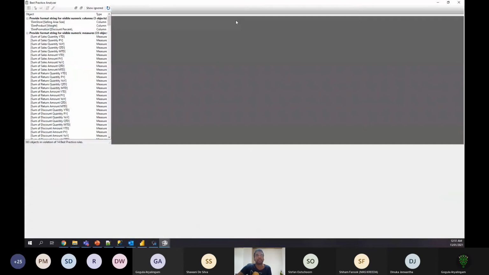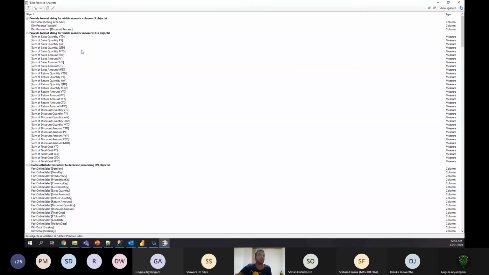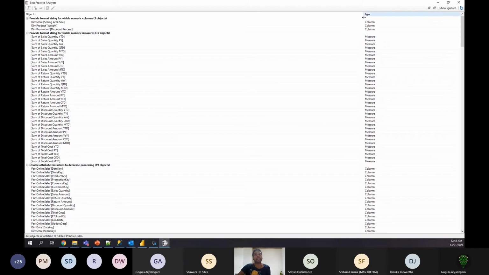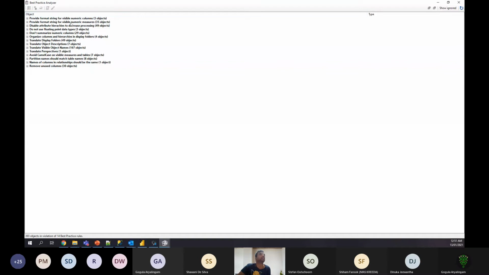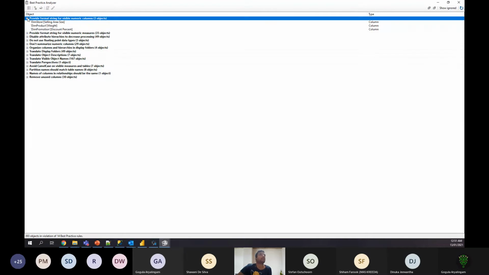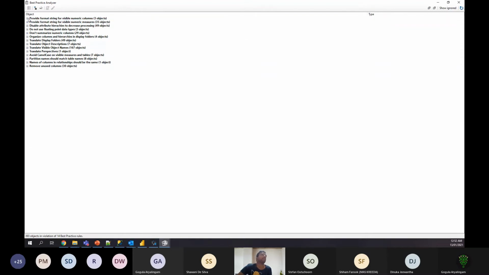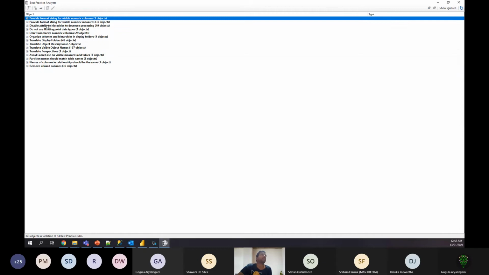When I click that, it will show all the areas where the best practices defined in that JSON file are violated. If I collapse this, you will see these are the best practices I have defined within that JSON: provide a format string for the visible columns, these things don't have format strings; provide a format string for the visible numeric measures; disable attribute hierarchy for decreased processing; do not use floating point data types; do not summarize numeric columns, likewise. So you can see all those